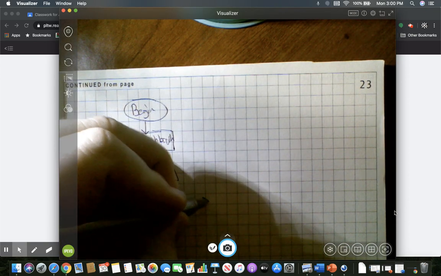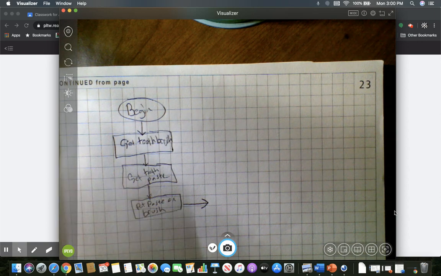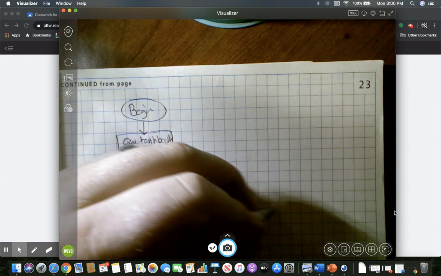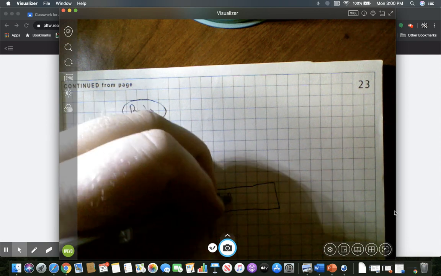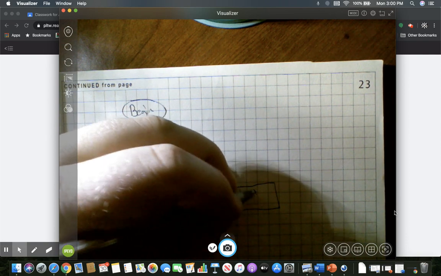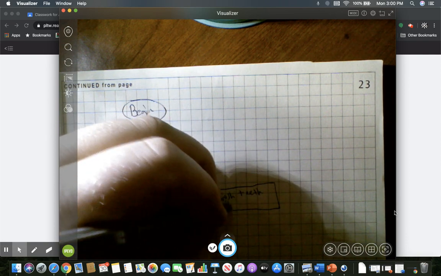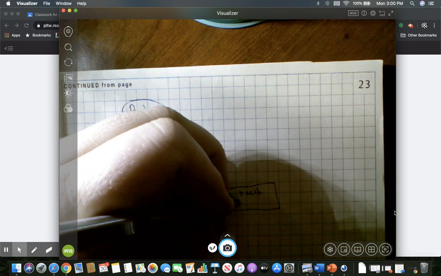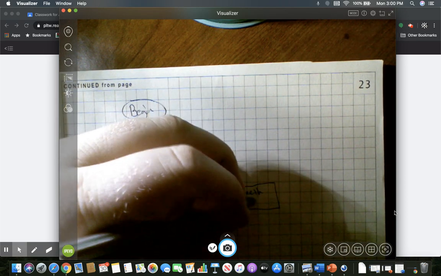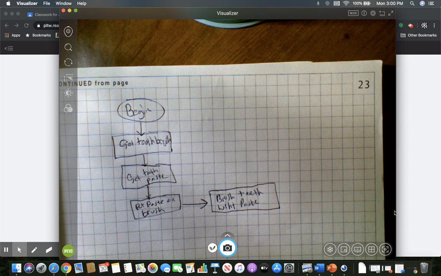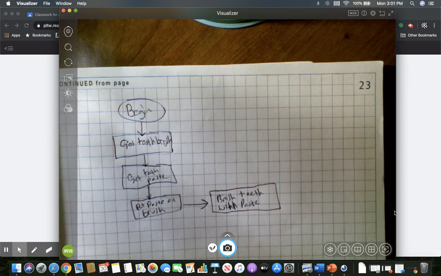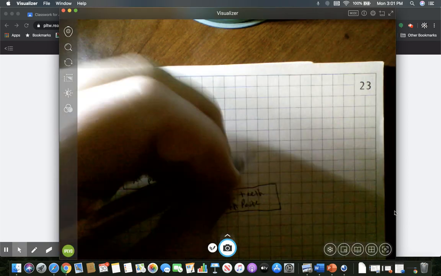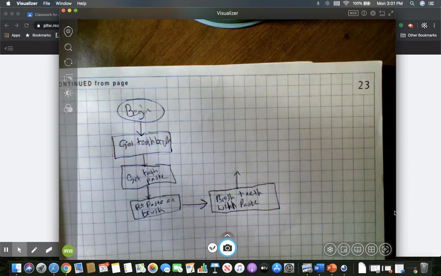So I'm going to draw an arrow this way so I can show you we don't have to use up the whole space. And we will say brush teeth with paste. Okay, brush teeth with paste. Oh, wow. Spelled with wrong. There we go. So after you apply the teeth with the paste, don't forget you're going to have to spit